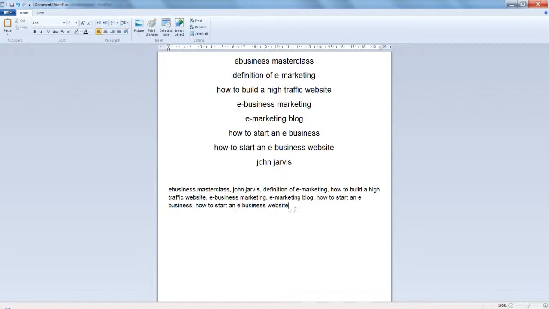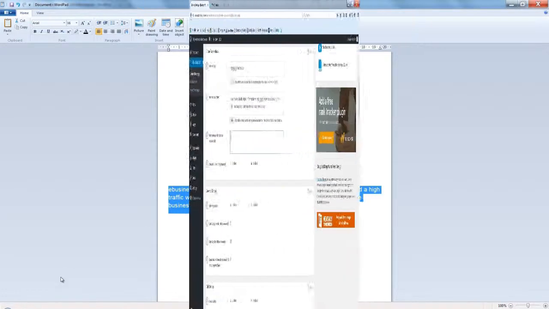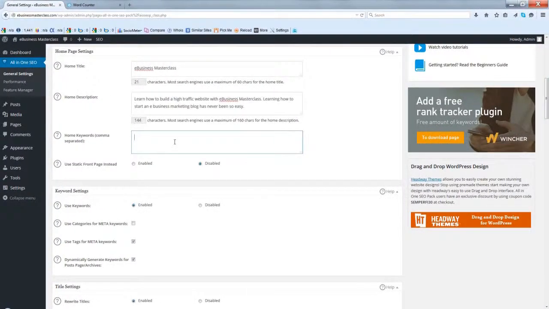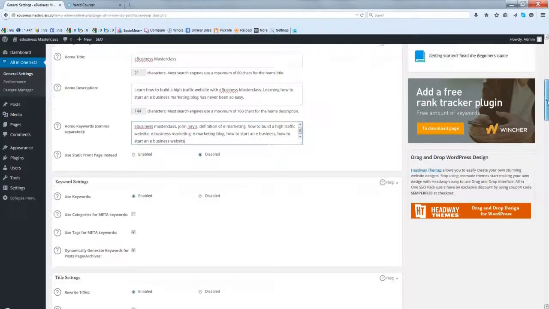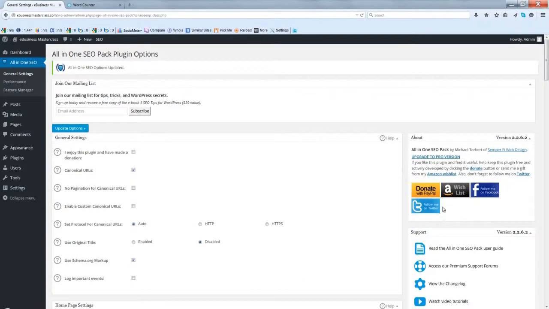So again, let's highlight these and copy them. Take it back to the website. Home keywords, comma separated. And that is now done. So what you need to do now is scroll down all the way to the bottom and click on Update Options. Okay, what we're going to do next